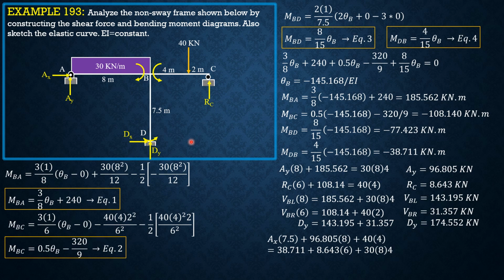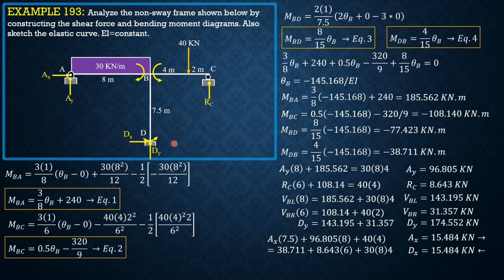plus R sub C, 8.643 times 6, plus moment of the load 30 times 8 times 4. So AX is equal to 15.484 kilonewtons rightward. So dx is 15.484